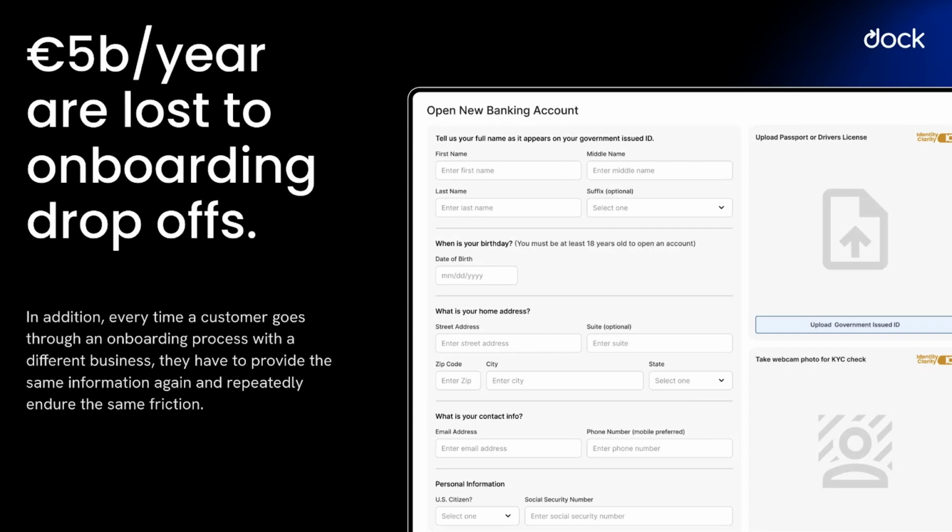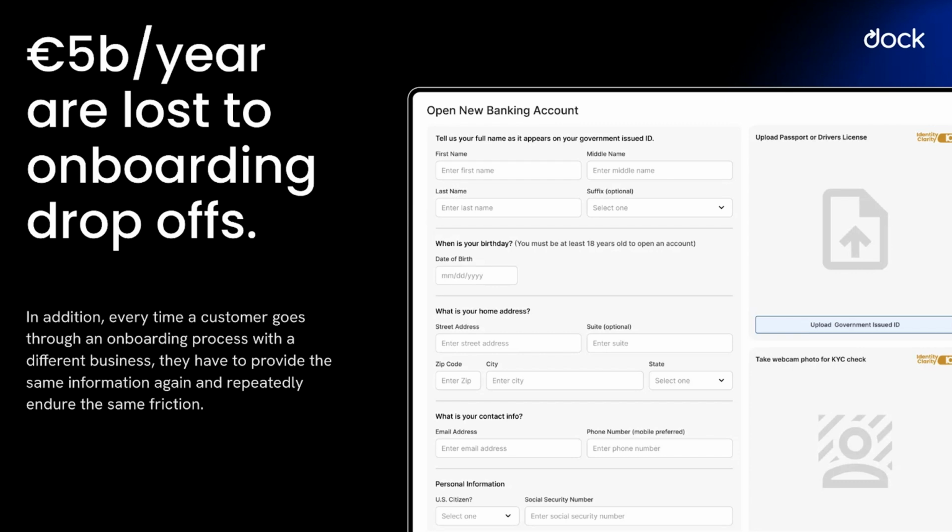attribute validation, or the form fill validation. My email address is the wrong format, or I had a typo in the name, or it's not enough characters in my middle initial or whatever. And they go through that process. Assuming they have the patience to get all the way through that, there's always exceptions. And you have a human team that has to resolve these exceptions. There's often customer support calls. And even when everything goes well, the business relying on this data has that nagging feeling that there's fraud, or they have that fear of having rejected a good customer because of an erroneous KYC failure.